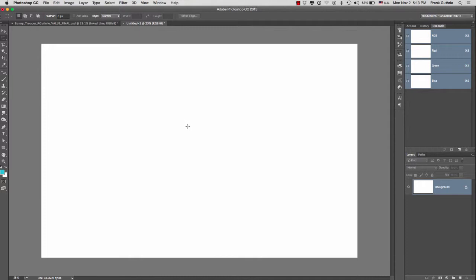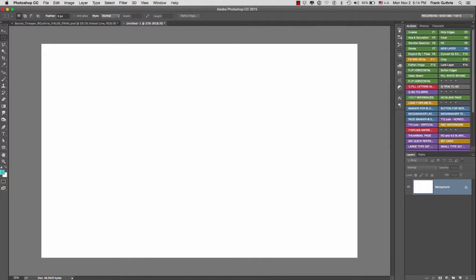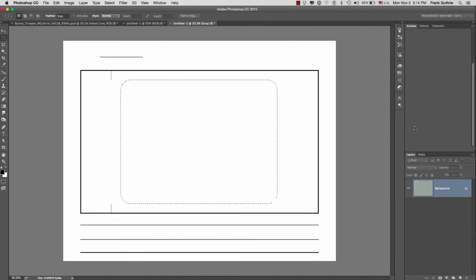In order to prevent having to repeat the steps over and over and over, what I'm going to do is record all my steps. Then I would set up my action as a button. All I have to do is click that button to do exactly what I want. So I have created a series of actions. For example, this one panel NTSC HD storyboard. If I click on it,